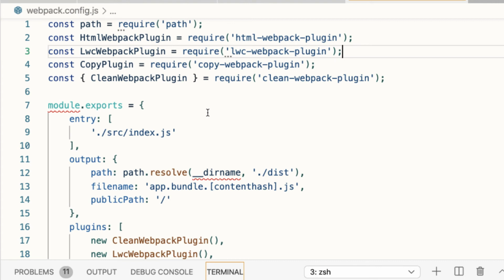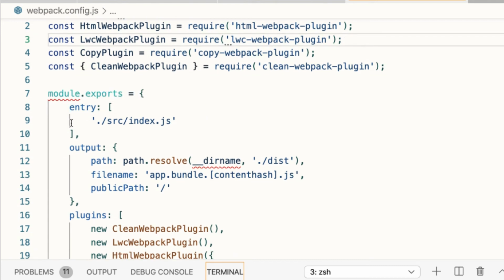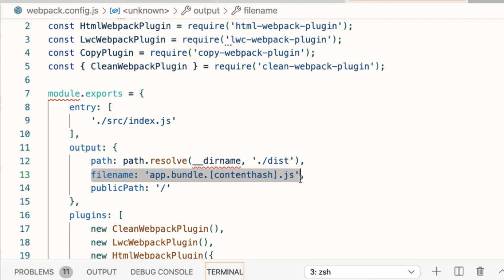It has no dependency whatsoever on LWC services. You must manually import the plugins that you want to use, create entry and output configs, and you'll notice I have tweaked the output file name a little bit so that when I run the Webpack build, I can see visually a difference in the build output.